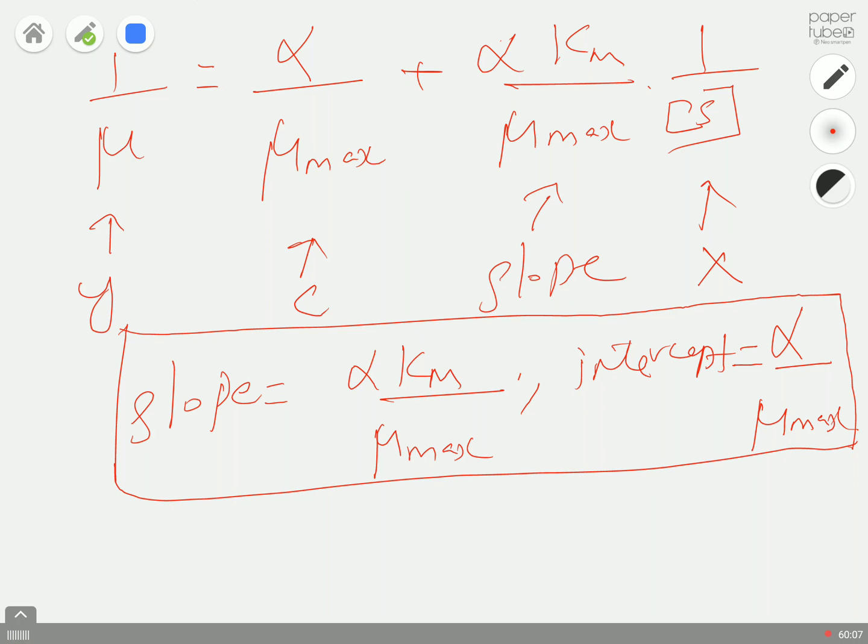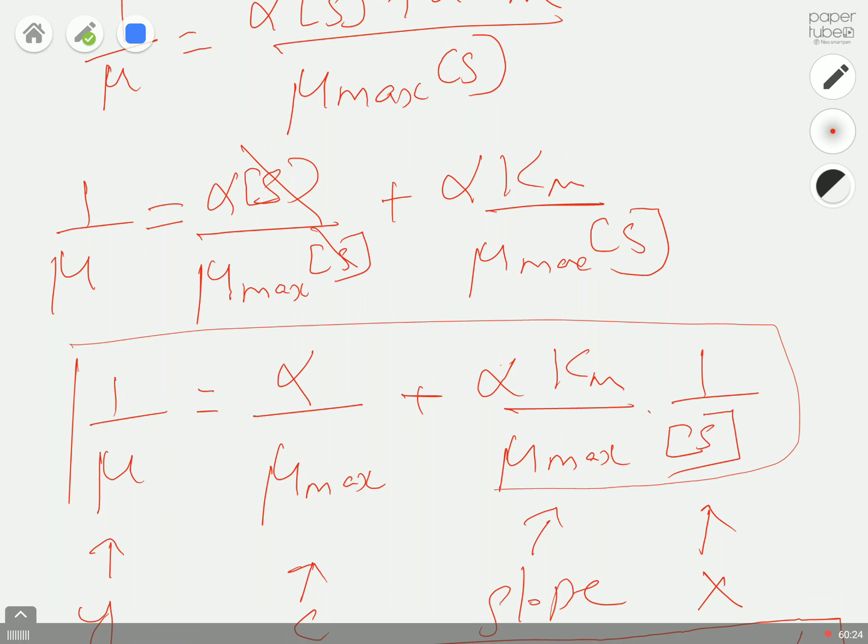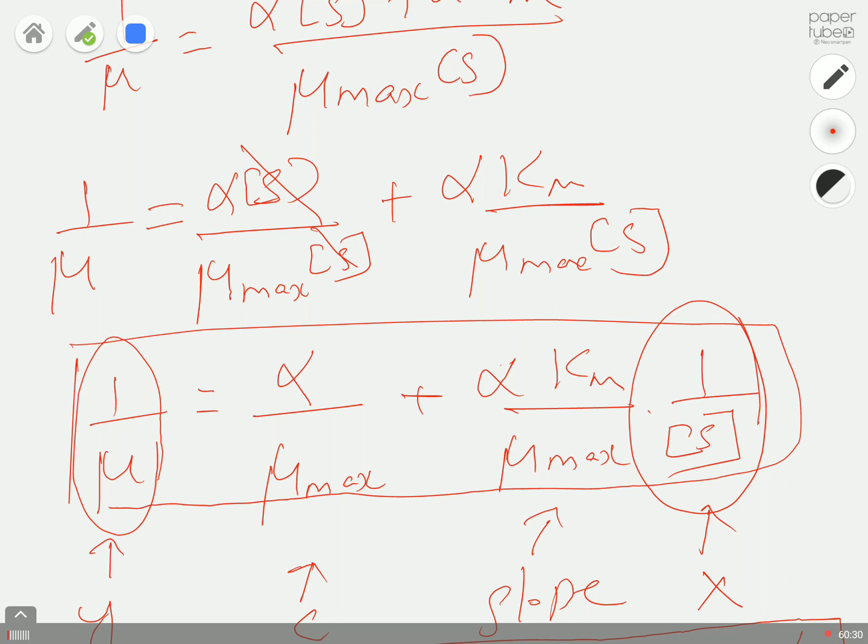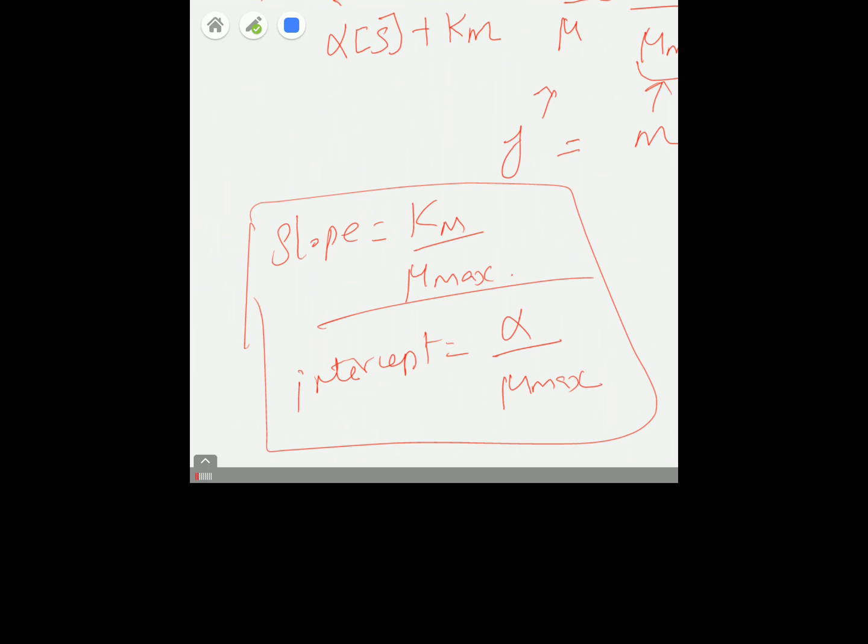So that's how you are going to calculate these values. These are mathematical expressions, but at the end of the day, if you look at this expression, you can see your y is 1 by mu and your x is 1 by substrate concentration. This is for non-competitive inhibitor. And if you go to uncompetitive inhibitor,